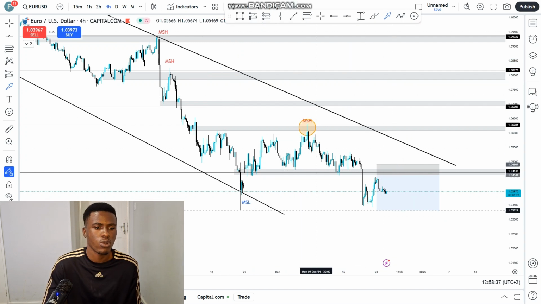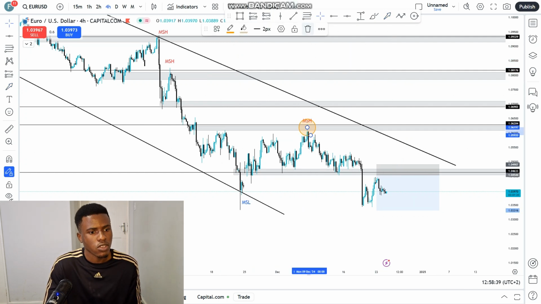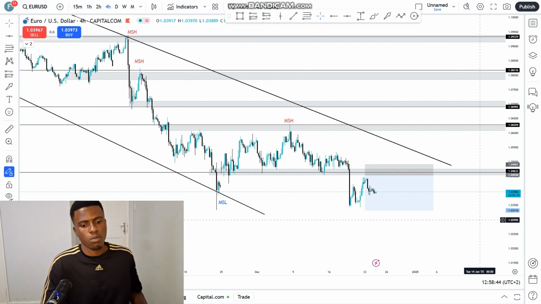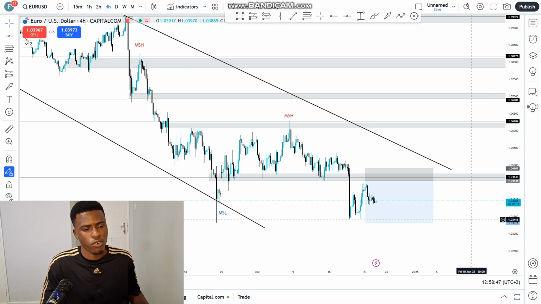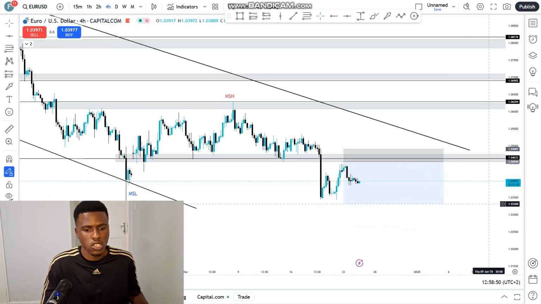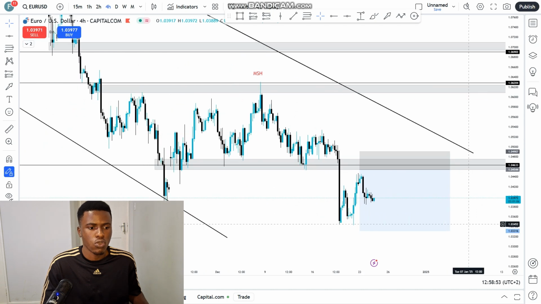So they've been buying Euro USD for some weird reason, expecting it to continue to the upside while it's in a downtrend. That's why I always say, don't fight the trend, but always be on the side of the trend. And this information that I'm talking about, you can find on Forex Factory and other places. If you go to the internet, you can actually find what retail traders are doing,